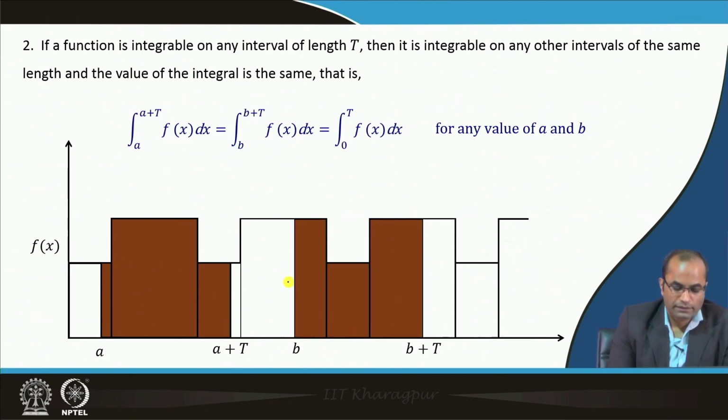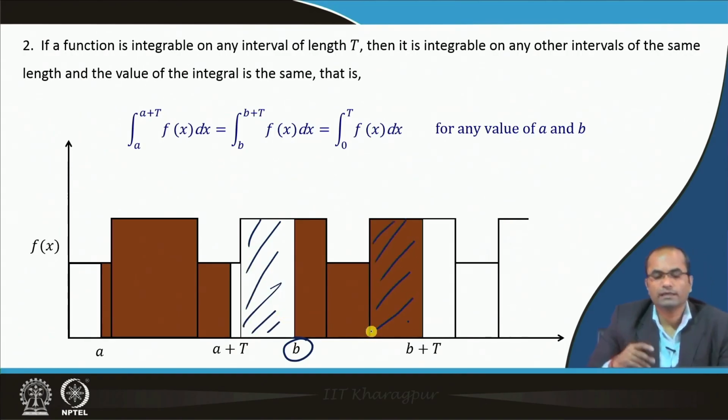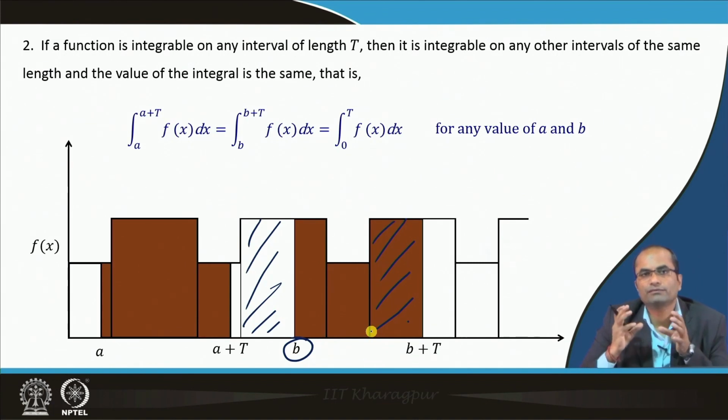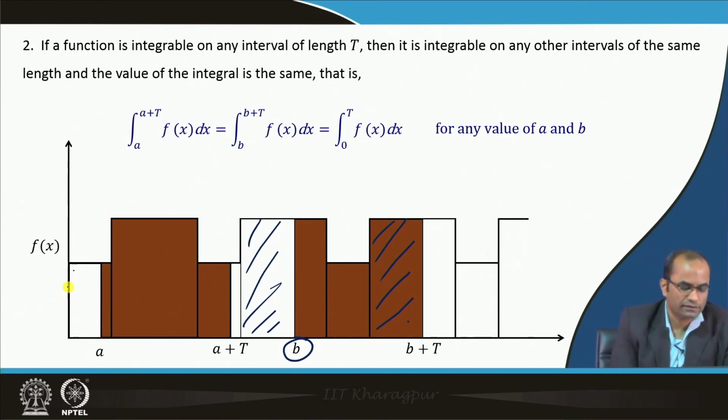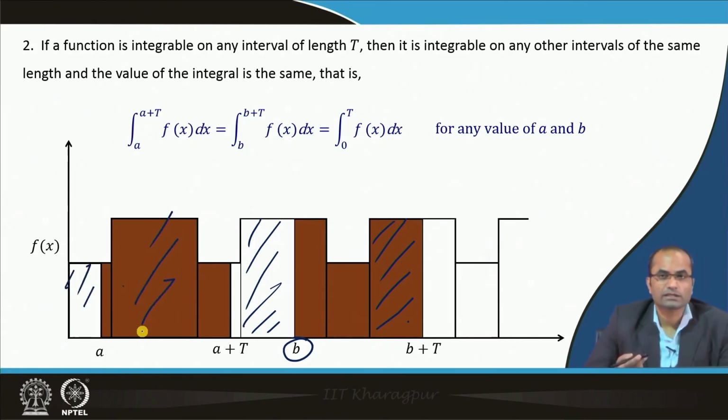If we start from another point b, it is the same situation: whatever we have left here is covered here. Ultimately in any case, whether we are integrating from a to a plus T or b to b plus T, the area of these two rectangles, the smaller one and the bigger one, is covered,